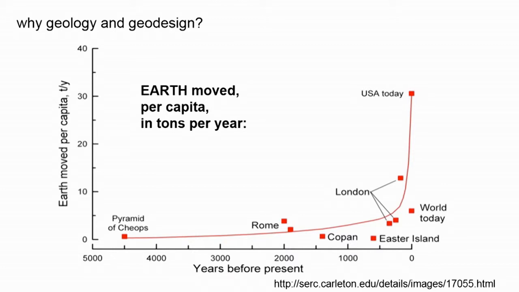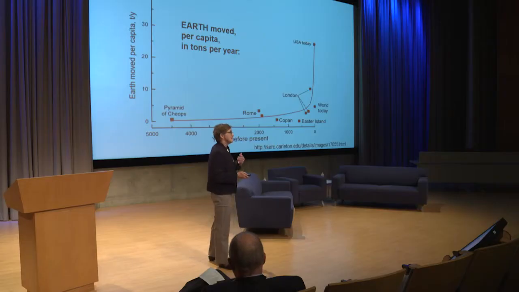Now, why bring geological science into design? In the context of climate change, we see many diagrams of this type that show an astronomical increase in one factor or another. So this is just one way that a geologist would look at the combination of rapid global change and a contribution of humans to that, not in the context of greenhouse gases for global warming perhaps, but as in this diagram that shows Earth moved per capita in tons per year, about 30 tons per person per year. Those are geological processes and human processes underlying that.